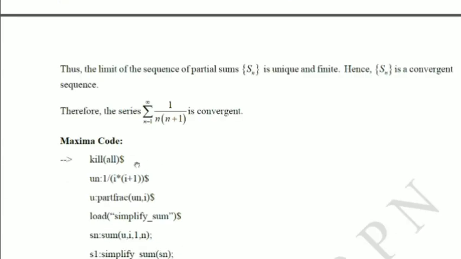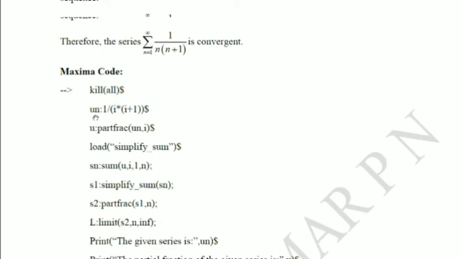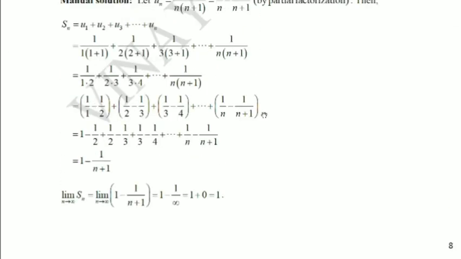We have factorized this, so that your Sn can be stored with this factorization. So let's factorize using the command partfrac, that is partial fraction of this with respect to I, un with respect to I. And let's store this in u. So we have stored this answer in u. But remember, after factorizing this, we have simplified this. And the answer is stored in Sn.